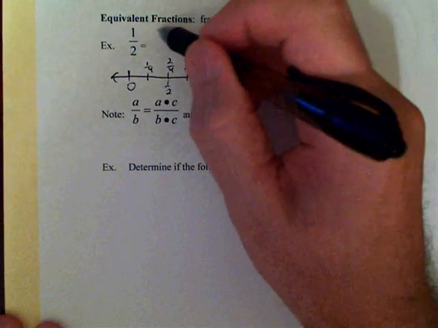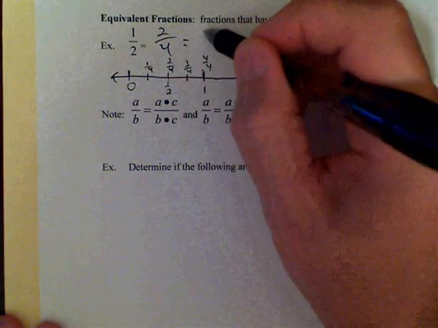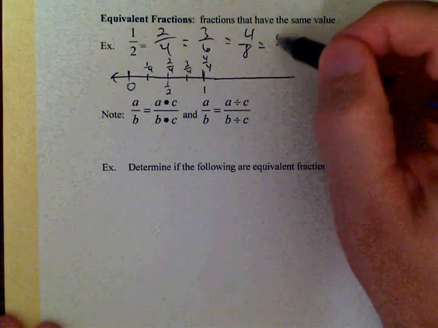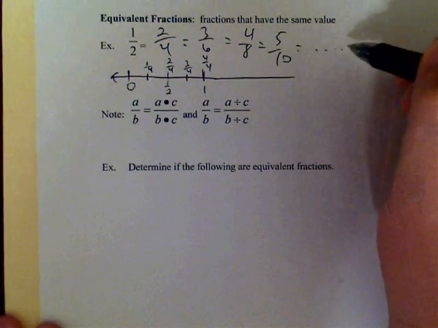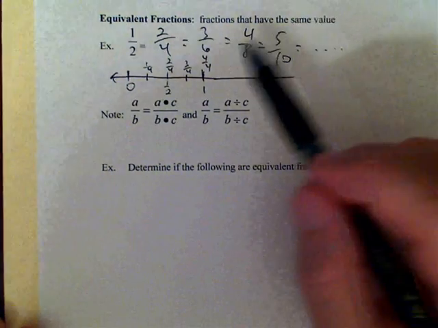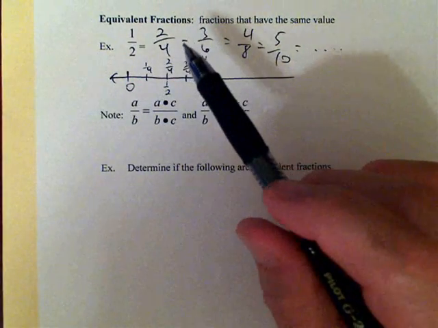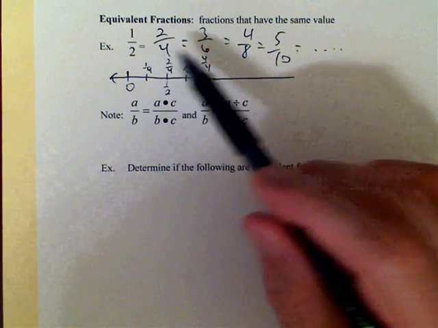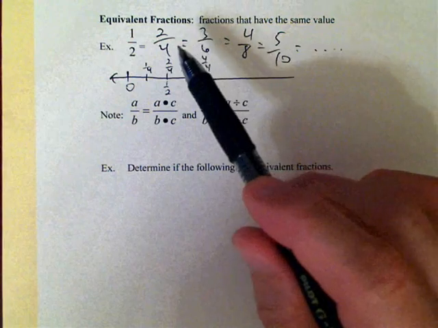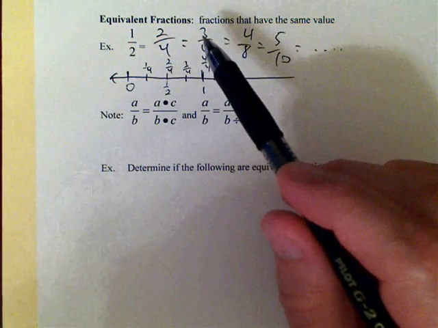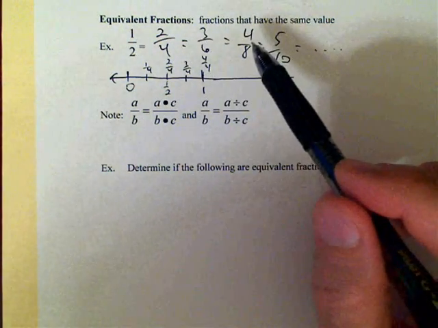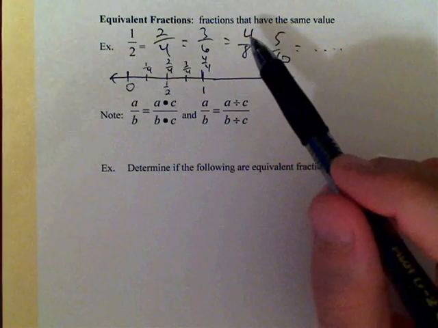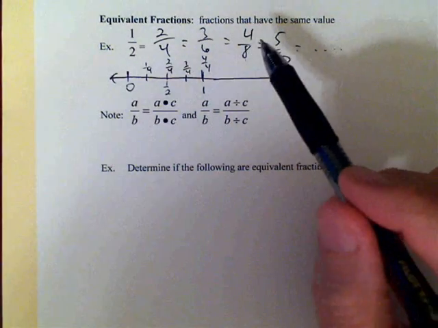In fact, we can keep on going. 3 sixths, 4 eighths, 5 tenths, and so on and so on. There's an infinite number of possible fractions that equal 1/2. Those are known as equivalent fractions. They have the exact same value, but they look different. They have different denominators and different numerators. This is going to come into play later on, and it's a really big deal, and we'll talk more about it later. For example, to go from 1/2 to 5 tenths,